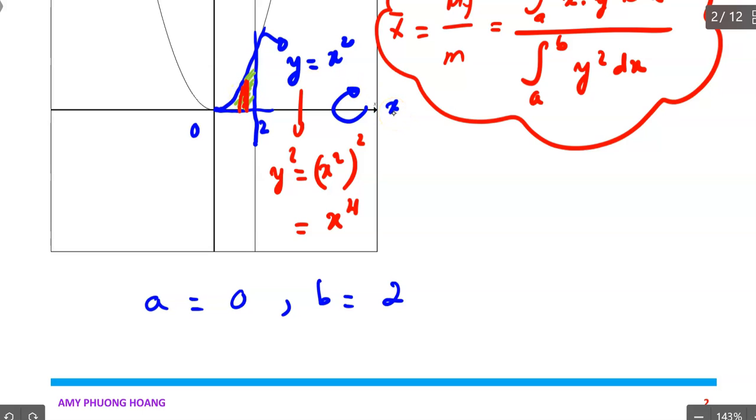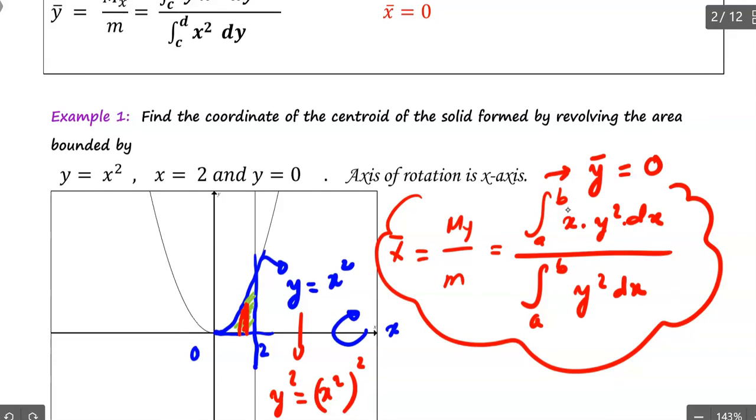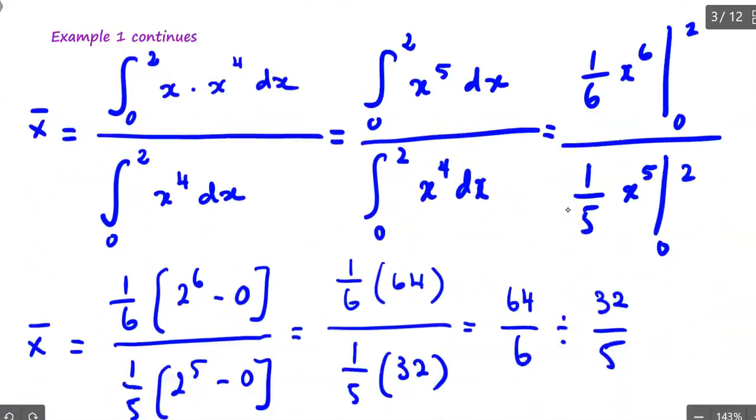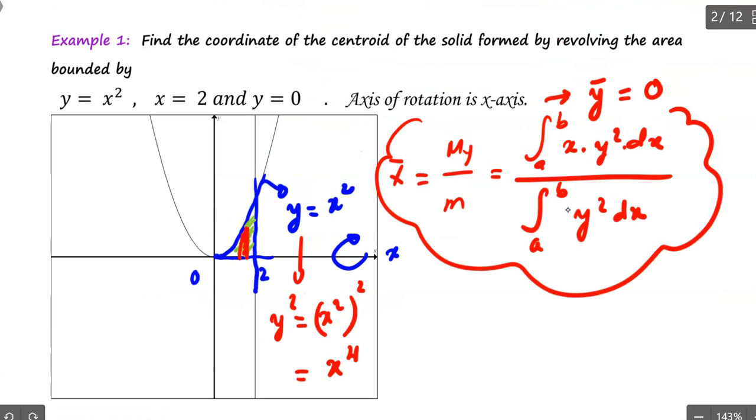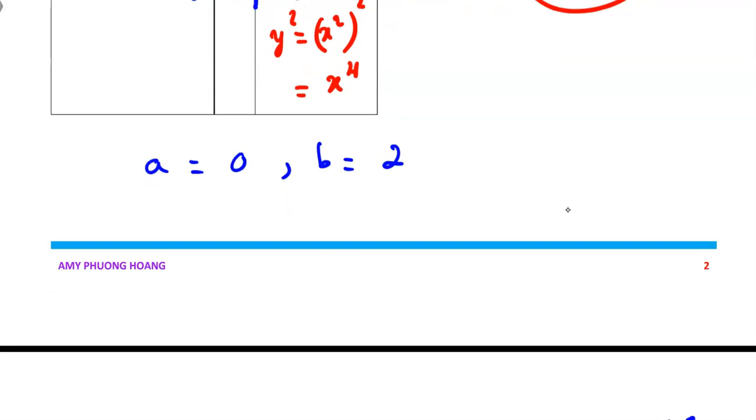Okay, so you see the area is still involved. You take the area, you rotate about the x-axis, and apply the formulas to find the mass, and apply the formulas to find the My, divide one into the other, you have the centroid of this solid generated by the area. Okay,